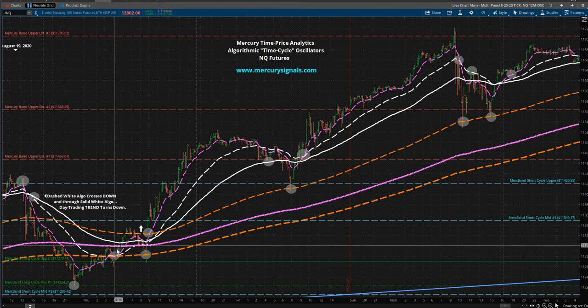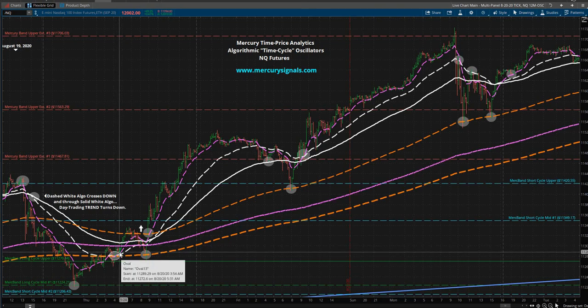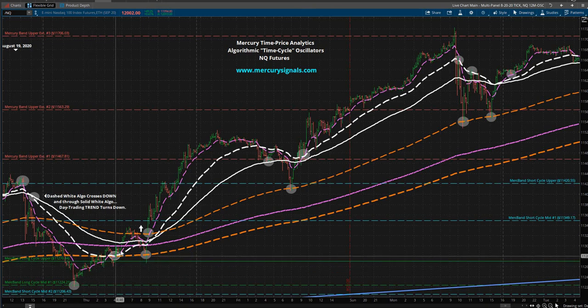This pullback, this is the one where you start licking your chops a little bit, because now you've already had the fast algo turn up. You're starting to see the white one start to turn up. You get this little pullback, and where does it stop? Literally to the tick at the very strongly upsloping purple algo. And it finds that little support, and now you're starting to get a little action. So now you come up, and with that thrust right there, you go back up, you get price acceptance over this purple algo, you get price acceptance over the white one, and you start to begin negotiating this second trend